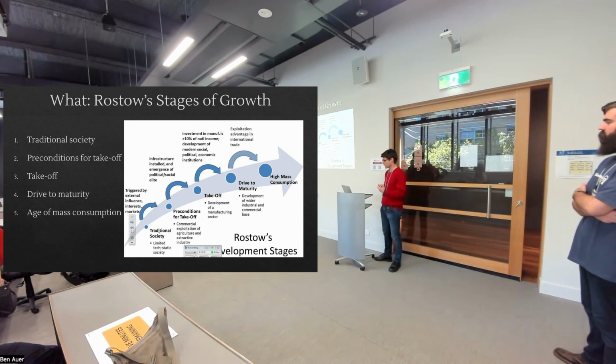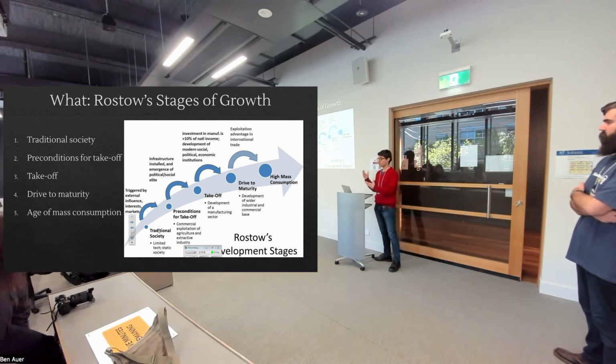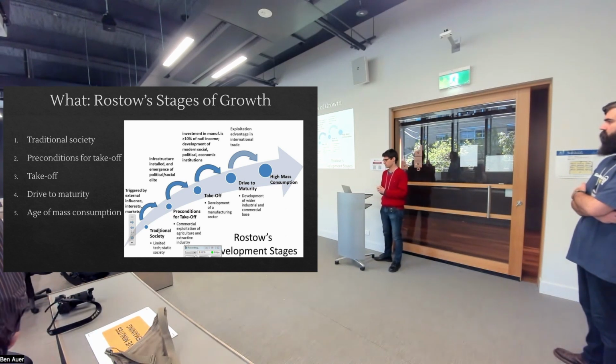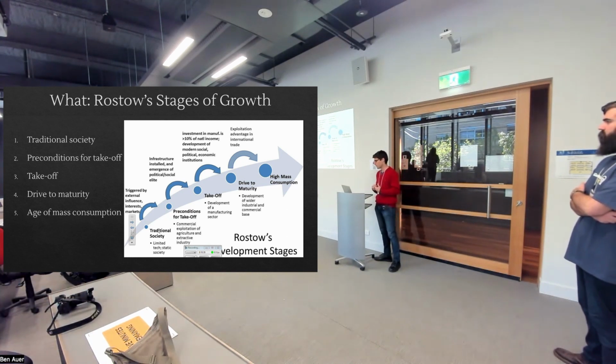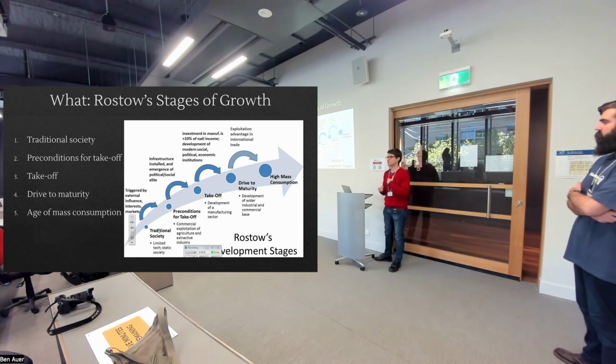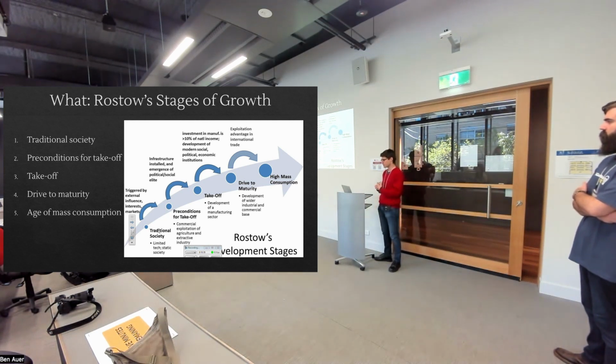So the takeoff process here involves a relatively rapid, over the process of decades, transfer from most of the population working in agriculture, which is what is the case in a traditional society. Usually 80 to 90% of the population would work in agriculture. Many people work in subsistence agriculture, meaning they produce goods mostly for their own consumption and not for sale on a market.